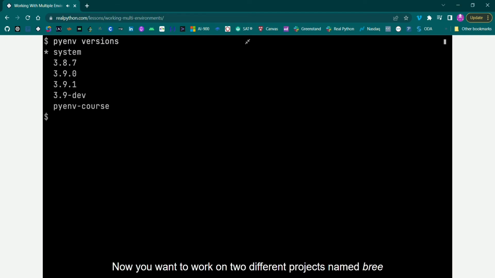Putting everything you've learned together, you can work effectively with multiple environments. Let's assume you have the following versions installed. Now you want to work on two different projects named Bree and The Shire. Bree supports Python 3.8.7 and The Shire supports Python 3.9.0. You can see that by default, you are using the system Python, which is indicated by the asterisk in the